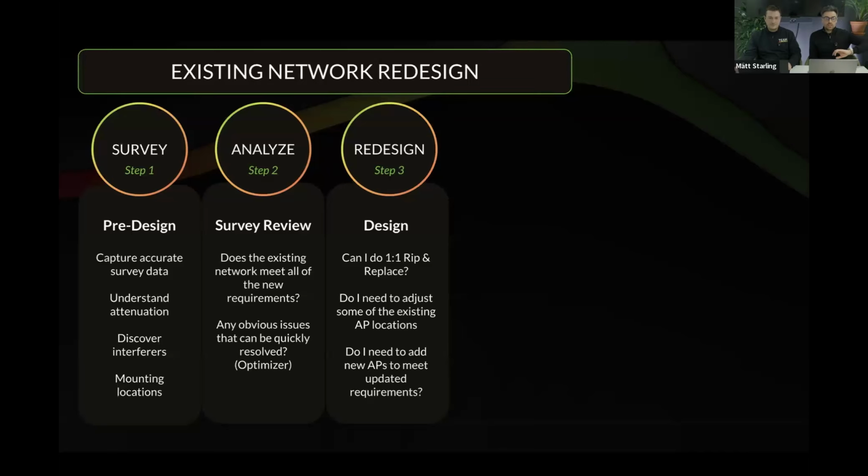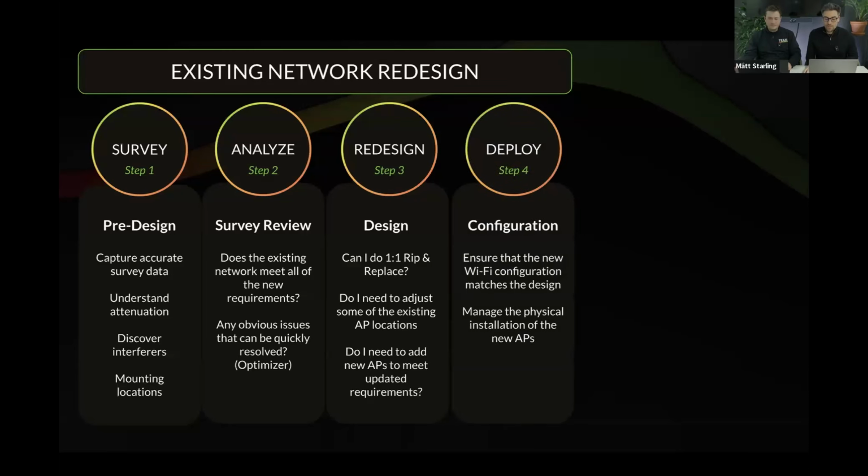So here you can see things like, do I need to adjust some locations? Do I need to add some more access points to meet these new requirements? But the great thing that Vlad is going to show you in just a few moments' time with Ekahau AI Pro Online is that you have an awesome way of being able to visualize this now. Before, you would have to do a survey, you would have to draw everything manually, make sure you've got everything set correctly to be able to see any of that. So it saves a huge amount of time.